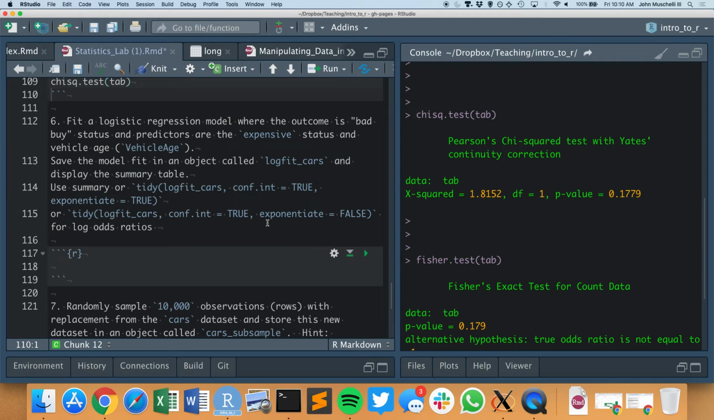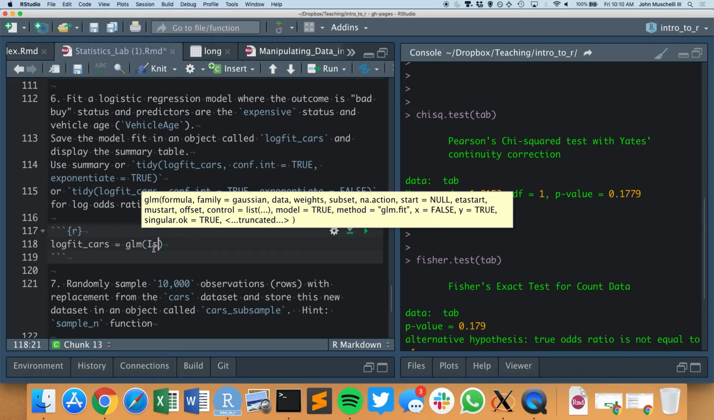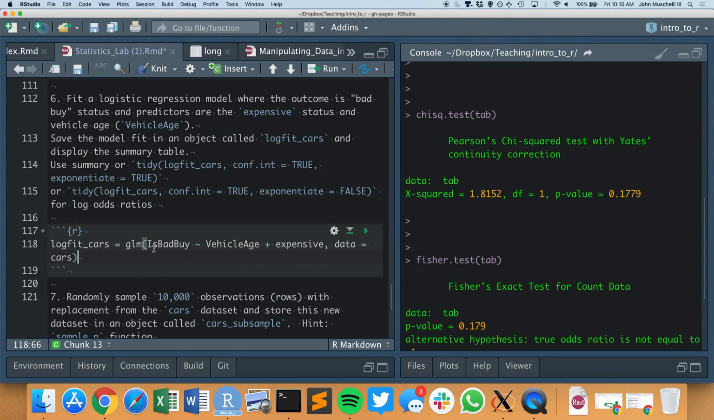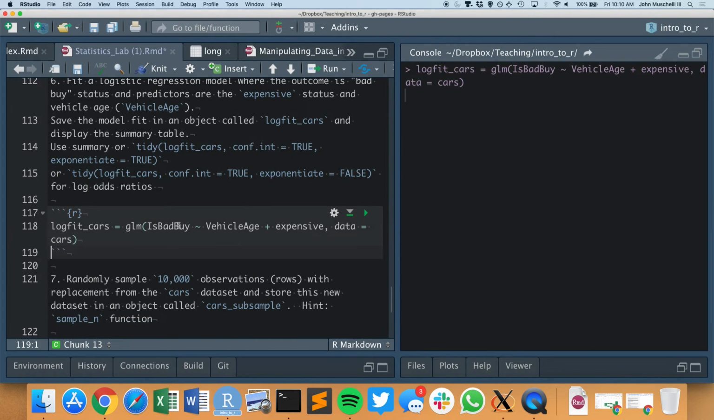So for the logistic regression model, where the outcome is whether it's a bad buy, so the is bad buy column, and the predictors are expensive status, vehicle age, and save the model fit in something called log fit cars and display the summary table. So again, instead of the LM function, we're going to be using GLM. Say is bad buy is a function of vehicle age plus expensive, data equals cars. Now, I'll just show you, if I just run this,